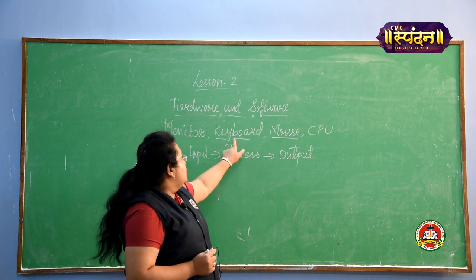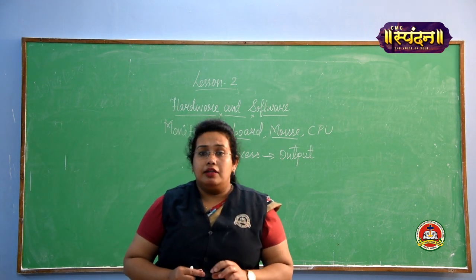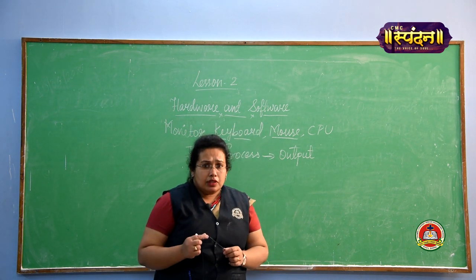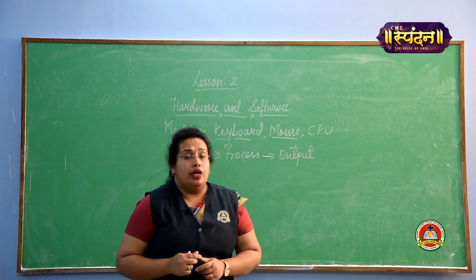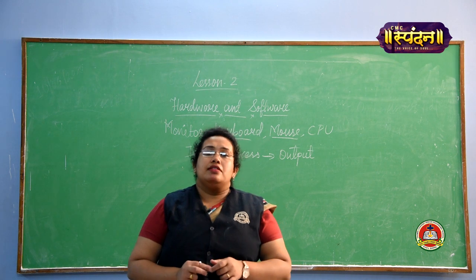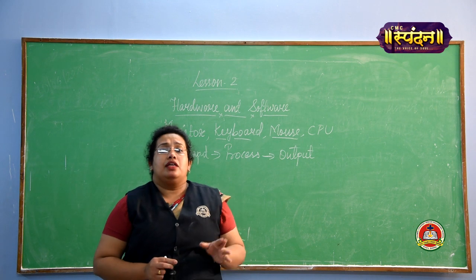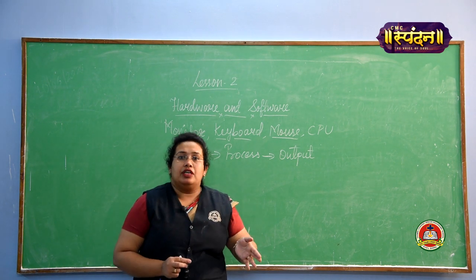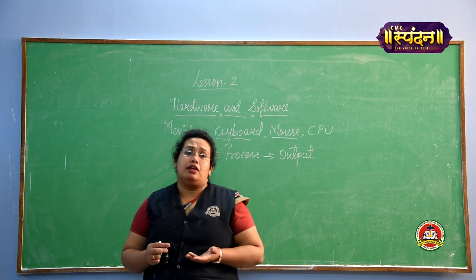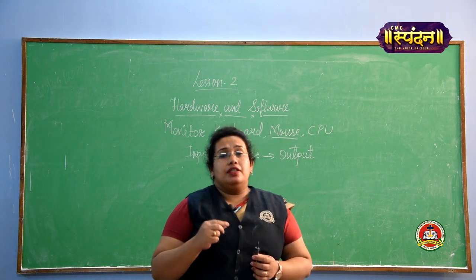So now we are going to study what are the different keys present on the keyboard. We all have seen that we have 104 keys on the keyboard and all the keys perform different functions. We have categorized all the keys into different categories, like alphabet keys, number keys, some function keys, some shift keys, some tab keys, and now we are going to study what different functions they perform.